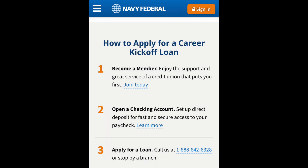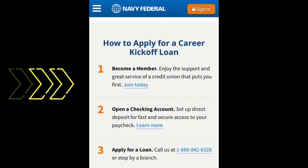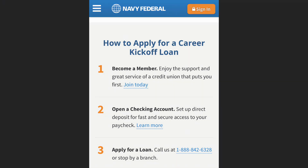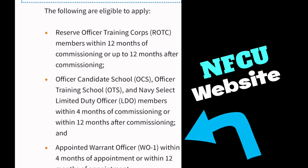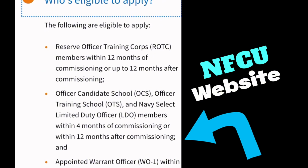So how can one apply for this loan? First, you have to become a member. Number two, you have to open a checking account. And number three, you can apply for this loan by calling the Navy Federal number or just stopping by a branch. For more details about this specific Career Kickoff loan, you can check the Navy Federal website,